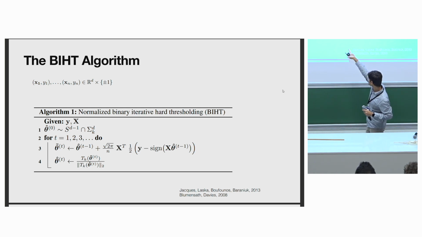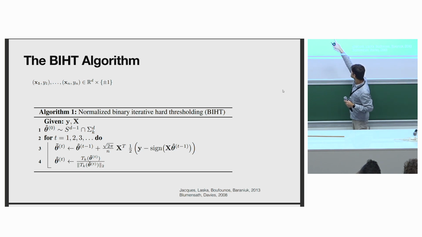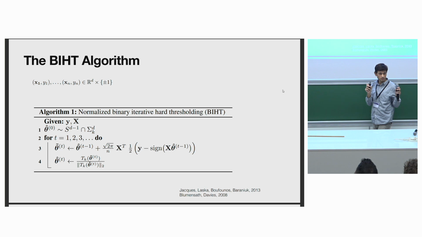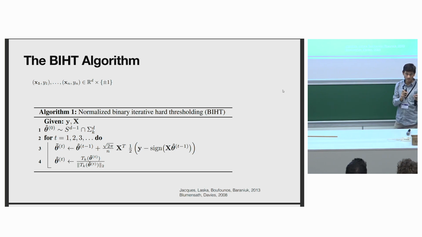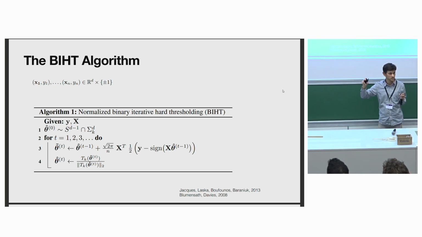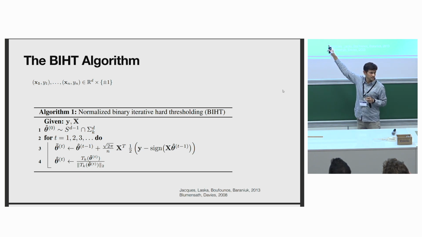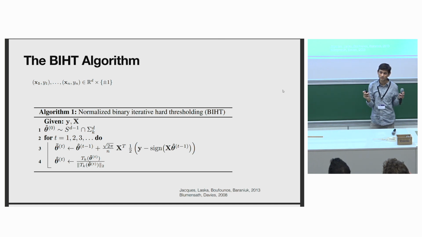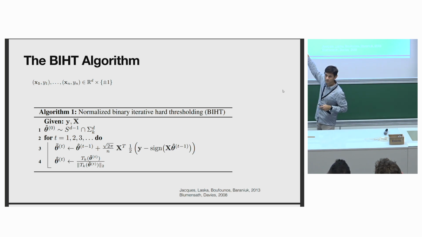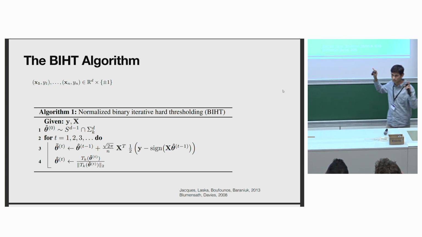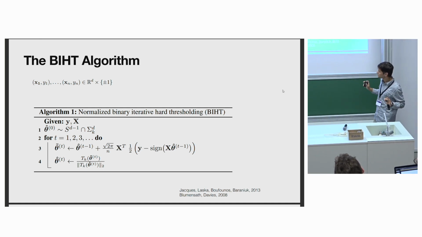But what this is doing is just checking whether the sign of your current prediction matches what is there. So y_i versus the sign of x transpose theta hat t minus 1. If they match, then there is no update because they cancel each other. If they don't match, then you take the corresponding covariate x and add it, right? So it's just like a batch version of the perceptron with some learning rate over here, which is square root of 2 pi, done to enforce something. So it's just a batch version of the perceptron algorithm that we are going to use.